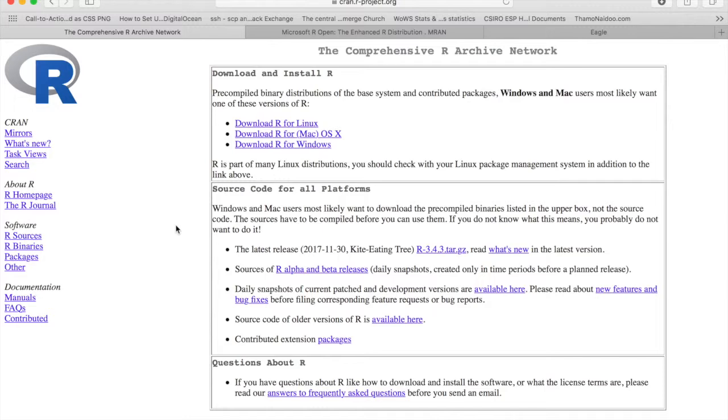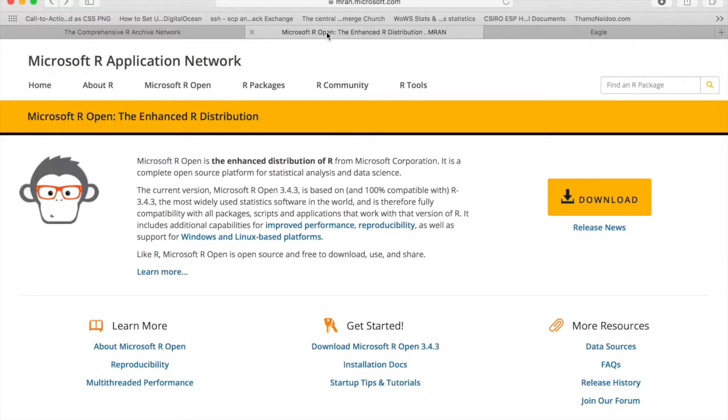So let me show you an option. Again, I have it in my browser. If you type in Microsoft R Open into Google, then this is the page it will take you to. The good folks at Microsoft have actually produced a version of R that looks exactly the same, performs exactly the same. Standard R uses all the same packages, so you can access whatever package you like using this version of R. But the big difference is that instead of coming with single-threaded math libraries, it comes with multi-threaded math